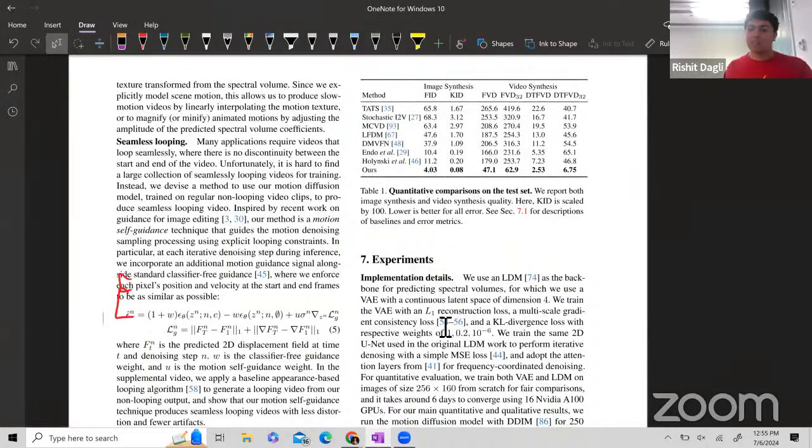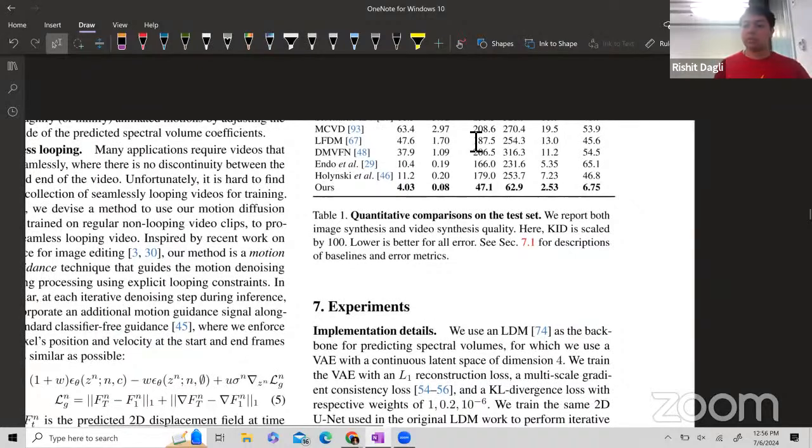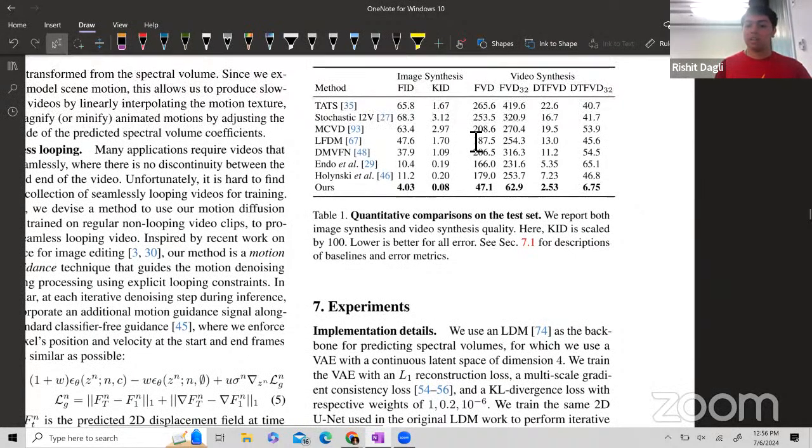But they also see very interesting results on all of these image and video synthesis problems. So that's very interesting. And they also seem to show that this works significantly better than all the previous approaches.